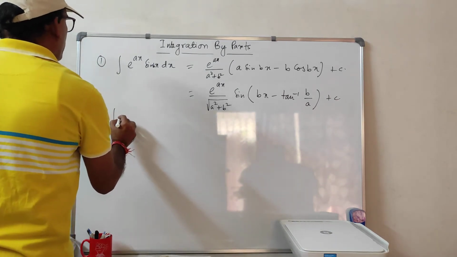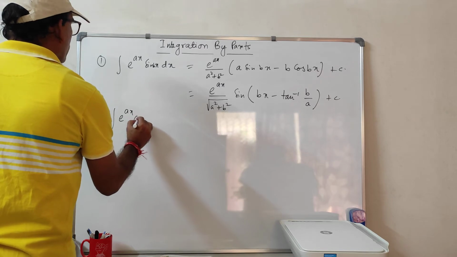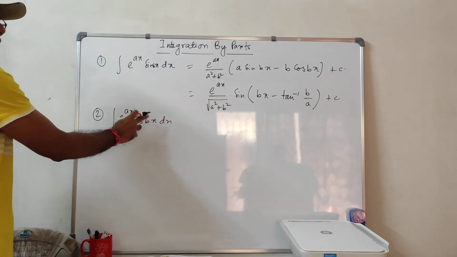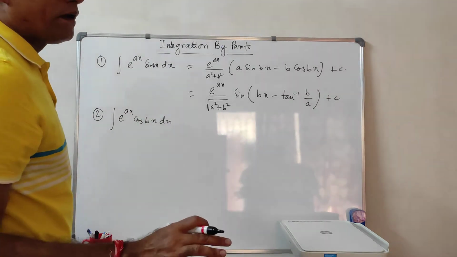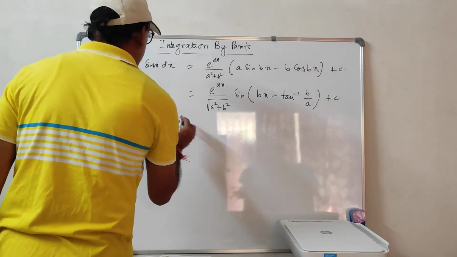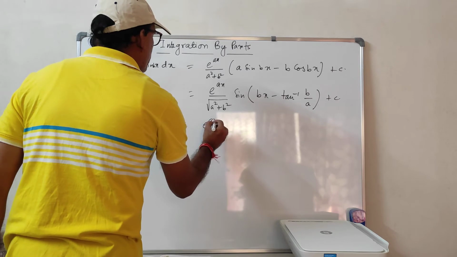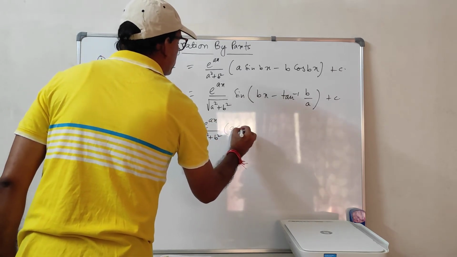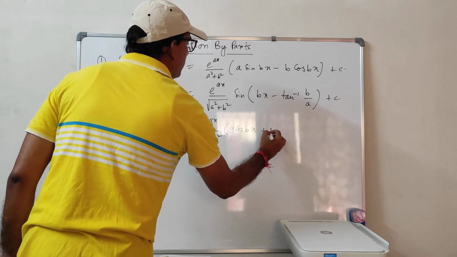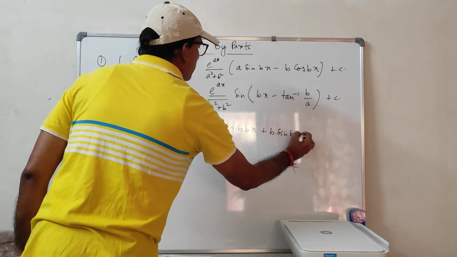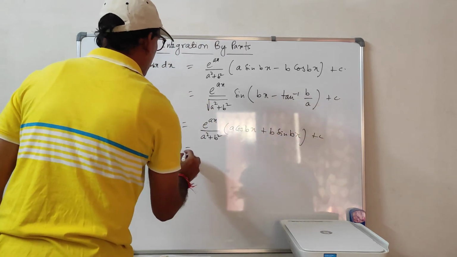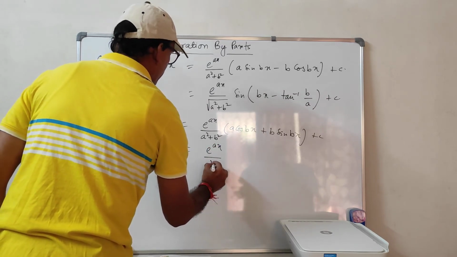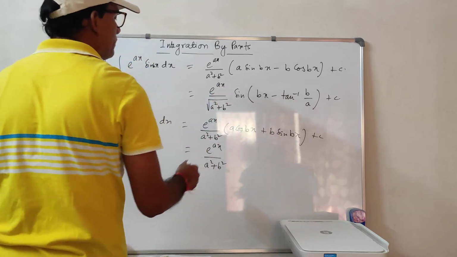Number 2, e to the power ax cos bx. Here a, b are nothing but real constants. Its formula is e to the power ax by a square plus b square, a cos bx plus b sin bx plus c. And alternately you can write e to the power ax, some derivations are required, e to the